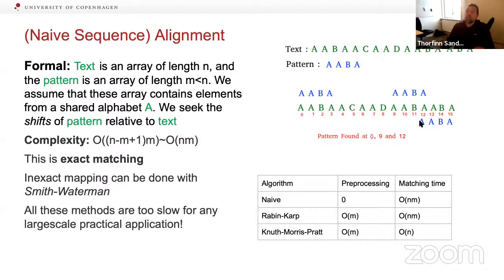The way we do this is that we just shift through the entire sequence. So we have n minus m plus 1 shifts we need to do before we tip over. And then we need to do m comparisons for each shift. This is very slow, and there are approaches for making this better. I went through those last time: the Rabin-Karp approach and the Knuth-Morris-Pratt approach. This is exact matching, and this will of course work if you really trust your sequences. In practice, there's high uncertainty.